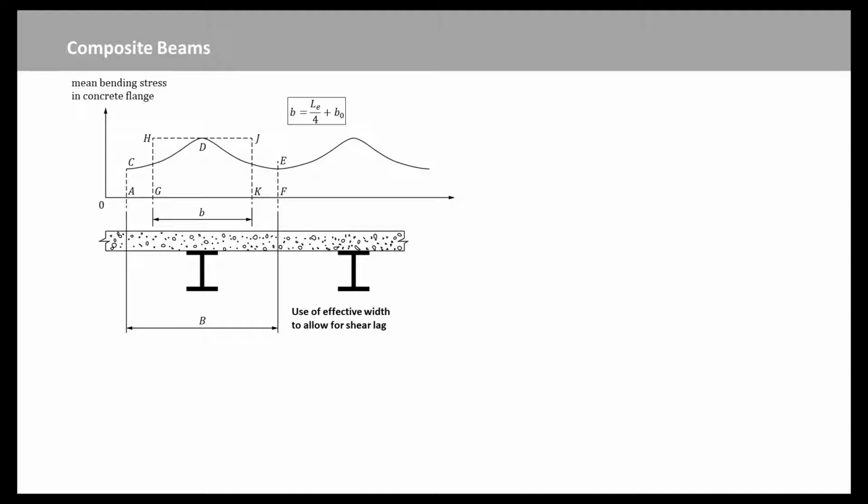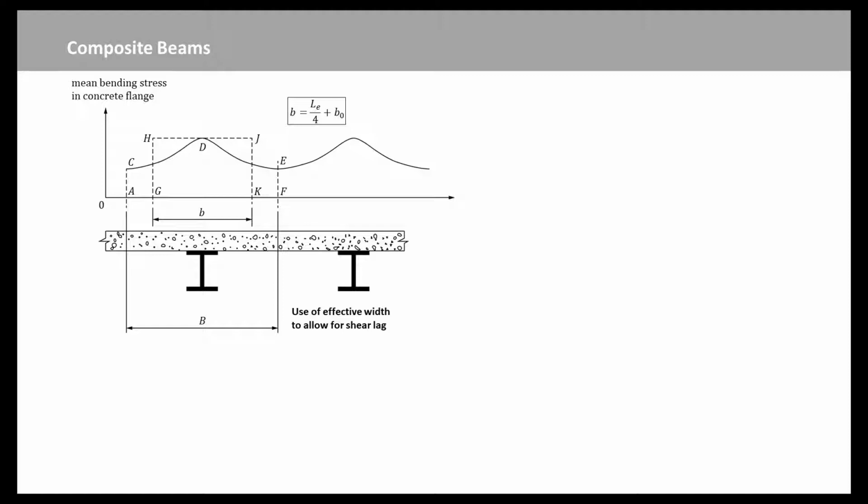The presence of profiled steel sheeting in a slab is normally ignored when the slab is considered as part of the top flange of a composite beam. Longitudinal shear in the slab causes shear strain in its plane, with the result that vertical cross-sections through the composite T-beam don't remain plane when it is loaded. At a cross-section, the mean longitudinal bending stress through the thickness of the slab varies across the width of the flange, as sketched in this figure.